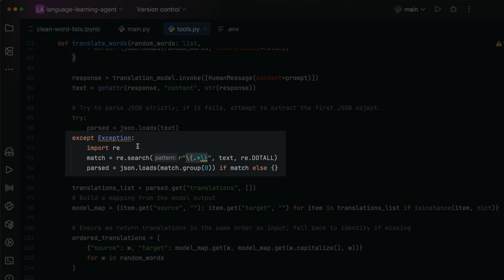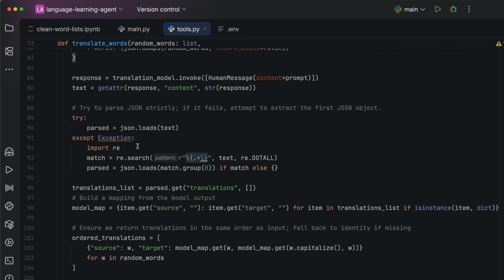But in the case that it hasn't and it throws an exception, what we do is we use good old regex, and we basically search through the text for where the curly braces begin and end, and we extract only the text contained within those braces. And chances are, I've tested this many times, this is definitely going to be valid JSON containing those translations that we want. So after successfully parsing the output of the LLM, what we're assuming we're left with is the dictionary